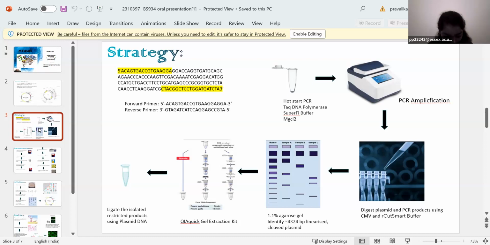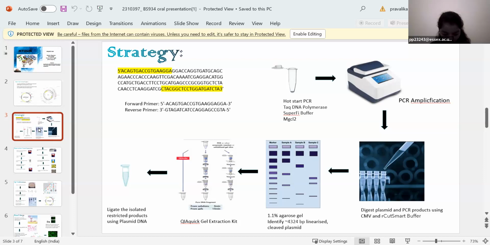First I took a PCR tube with a gene sample, followed by PCR amplification, and then we have to take 4 PCR tubes with Taq DNA polymerase, then buffer, MgCl2 and water, and then we have to amplify it. After amplification, we have to analyze the PCR product on 1.1% agarose gel and visualize the